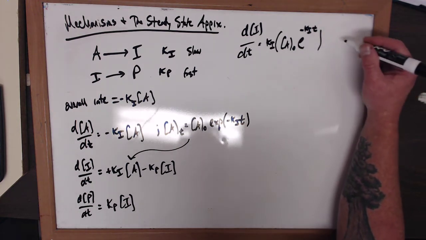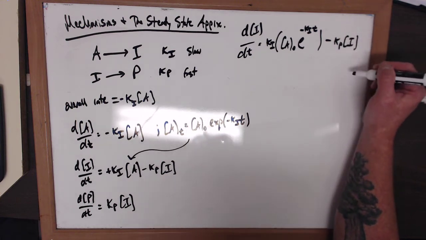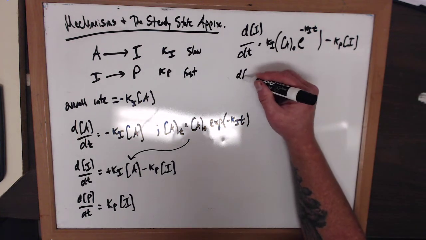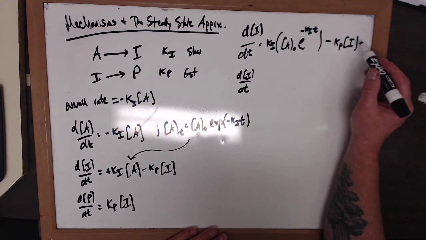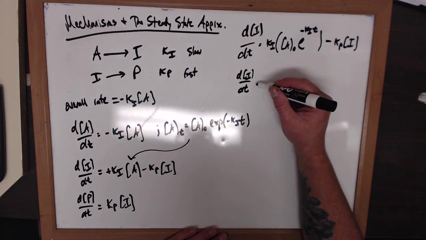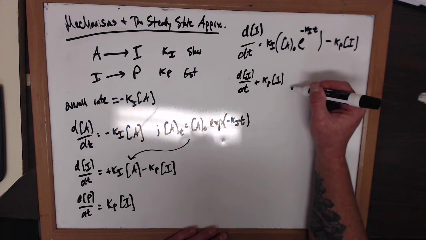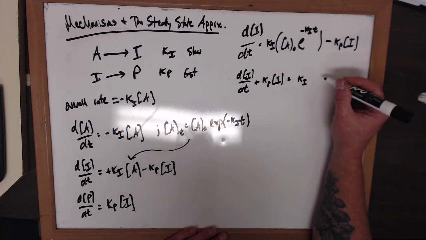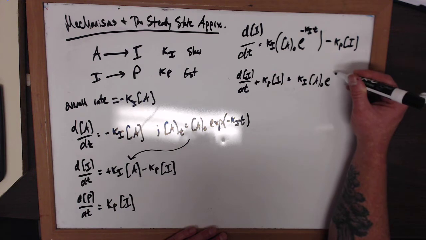Okay, and then that will all be minus Kp times I. And now I'm going to rearrange this algebraically, and you'll see why in a moment. So if I now write this as dI by dt, and I'm going to switch things around here and write that as plus Kp times I, and of course that all equals Ki times A initial times e to the